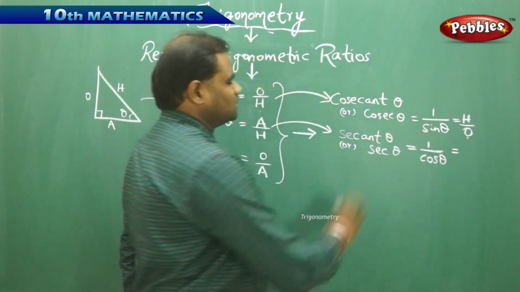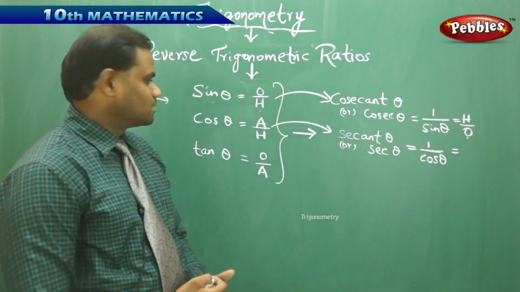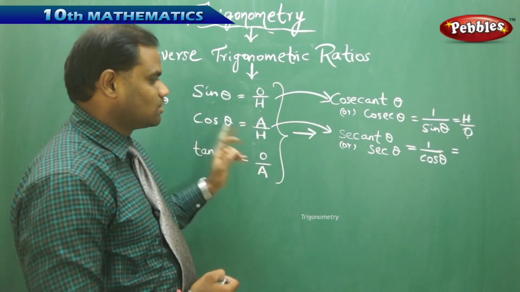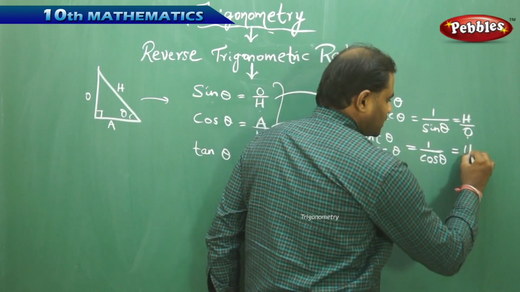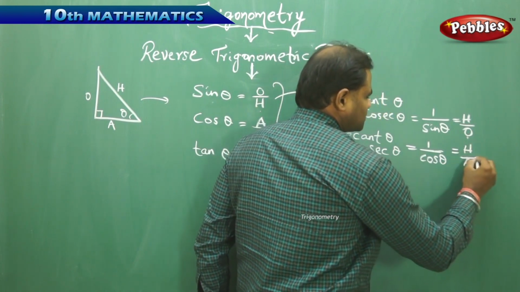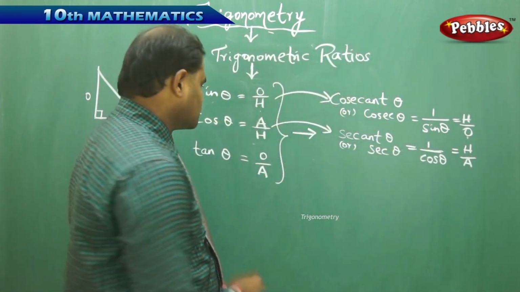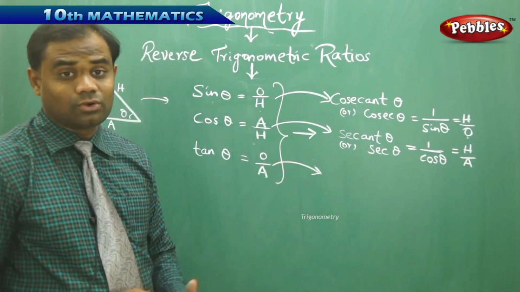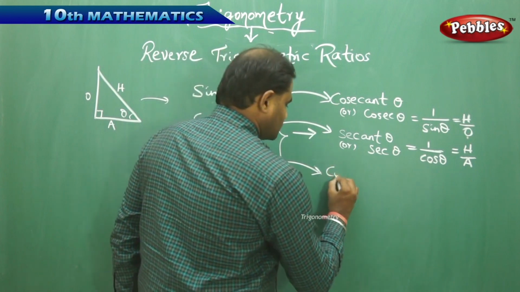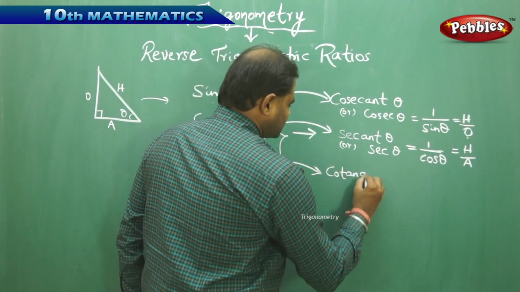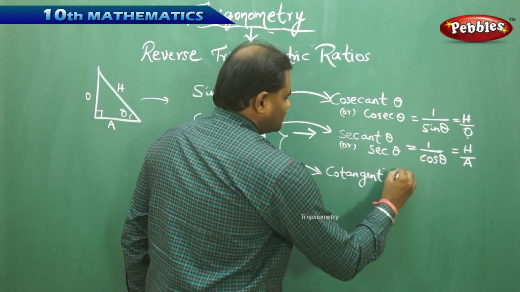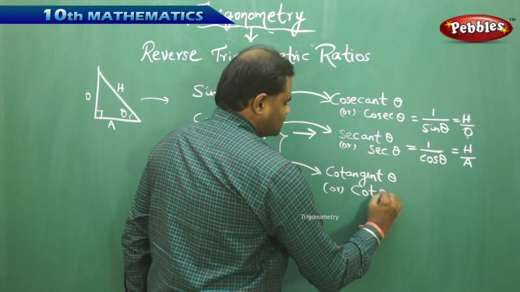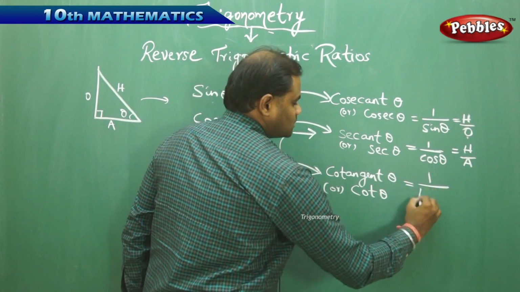Because A by H is cos, I get this as hypotenuse by adjacent. Similarly, when I take tan, the reciprocal of tangent theta is called cotangent theta, written in the short form as cot theta, which is the